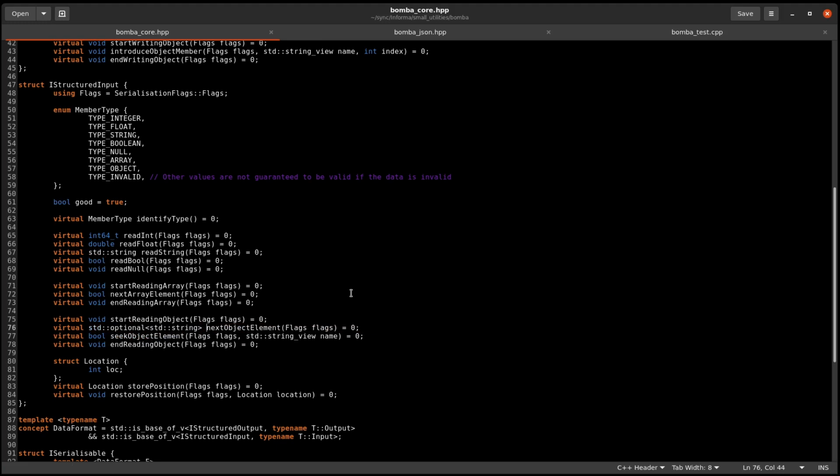For the case where exceptions are not produced, there is a public member called good, and it's set to false if an error happens. The parser is supposed not to produce any undefined behavior if it's set to false. This is more convenient and more efficient than returning if the operation succeeded. Compared to I-structured input,